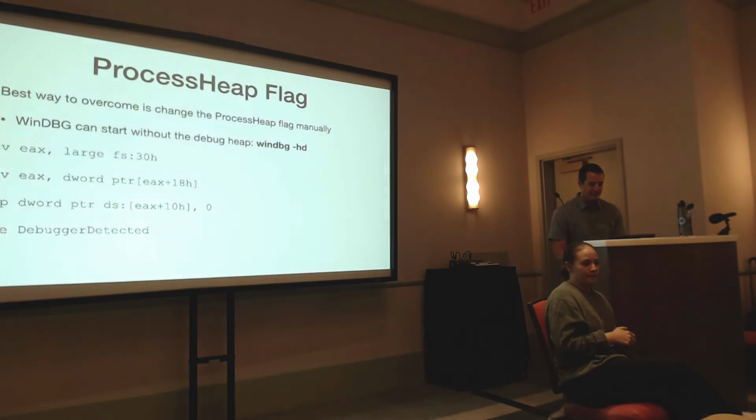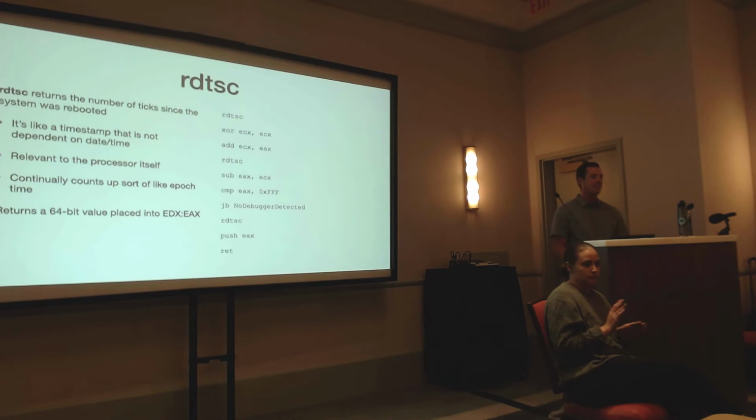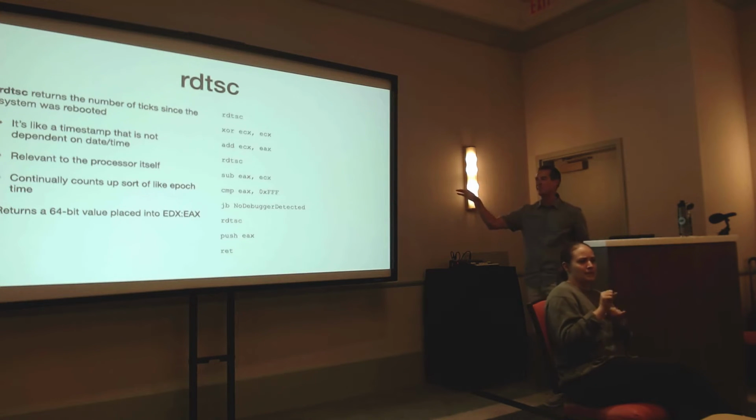There is a technique using a function called RDTSC. What RDTSC does is it keeps track of how many ticks your CPU has gone through since booting. So the faster the processor you have, or the faster the clock of that, the faster this number is going to increment. So it's kind of like the Linux epoch time. Started at 0, it's just been counting up by a second for the last how many years? January 1st, 1970, right? This is kind of like the same style of timing, it's just relying upon your processor